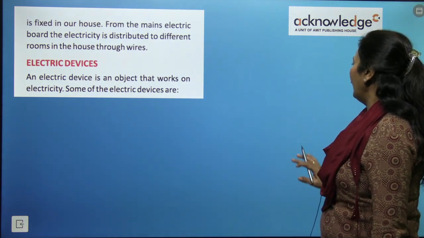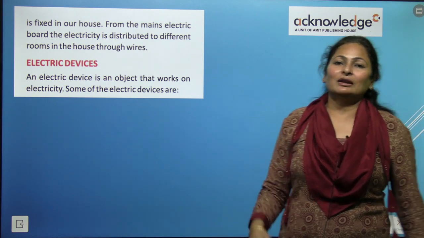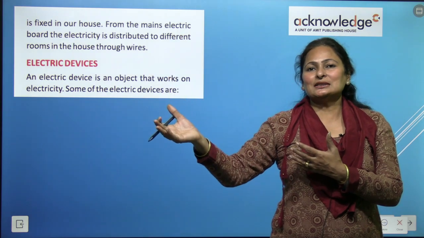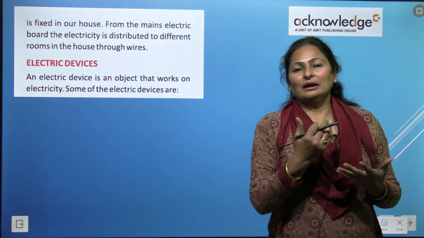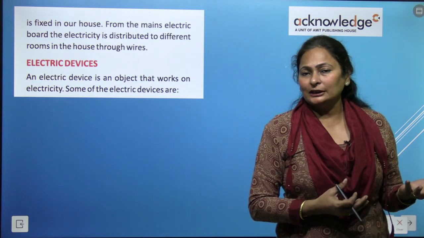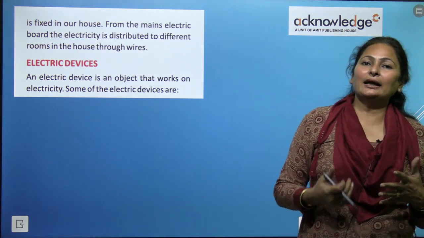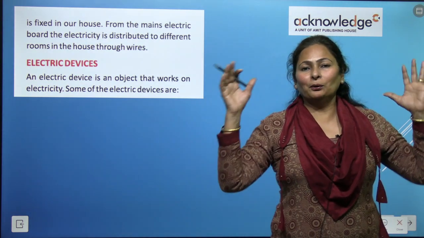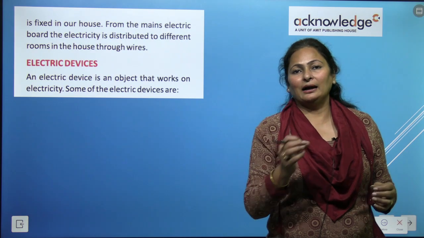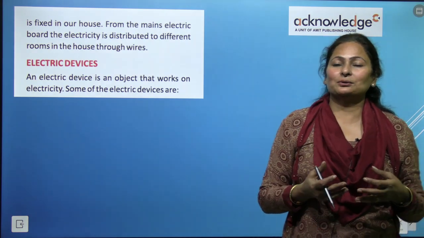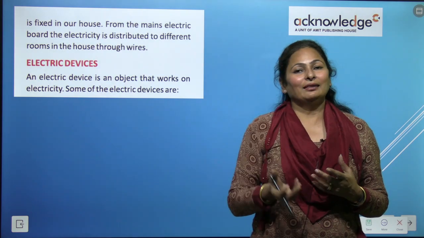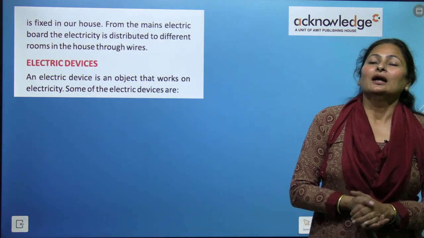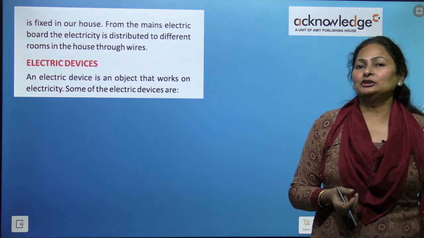So how is it being carried from one place to another? With the help of cables and wires. It is generated at the power station, then it is carried to the substations with the help of wires and cables. Then it comes to the mains, which is the main board placed at our home, and an electricity meter is also there. It counts the units, and according to the units you pay the bill to the electricity department. Yes, we have to pay it